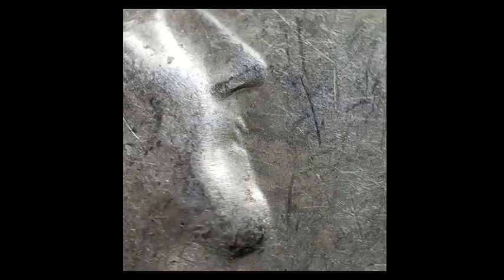And that's really a die clash from the reverse, where the eagle's wings are, that tiny little eagle to the right of the Liberty Bell. So it's been clashed onto the obverse dies. This particular coin here, even in this condition, all right, pay attention, sold for